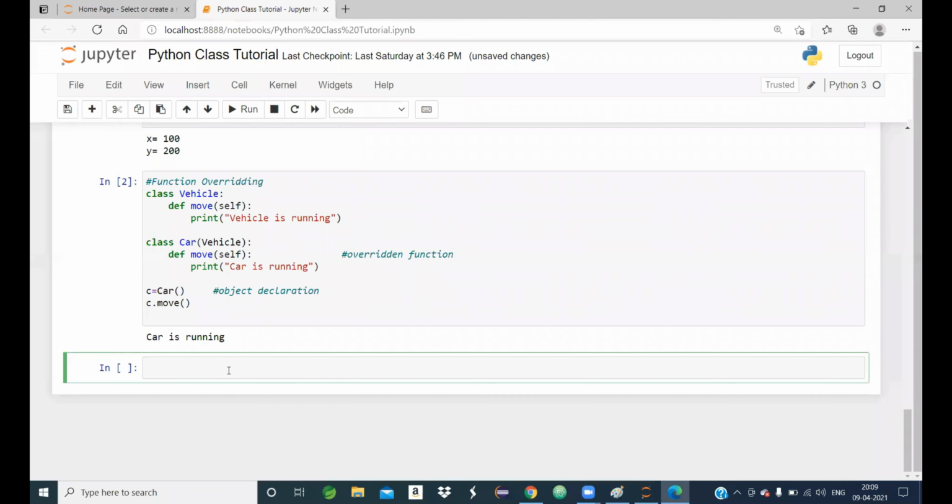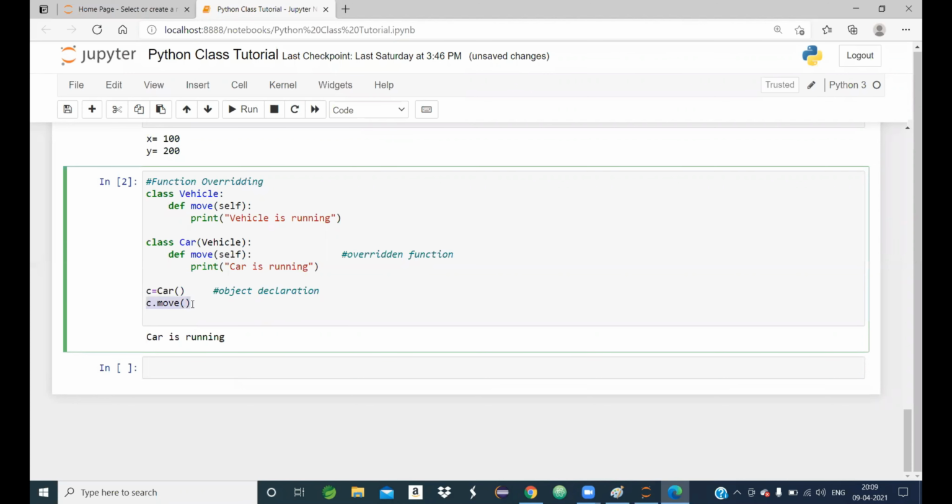But if we observe, it is a disadvantageous fact, because when the move function is called by the Car class object, only the child class property comes into the picture, not the parent class property.